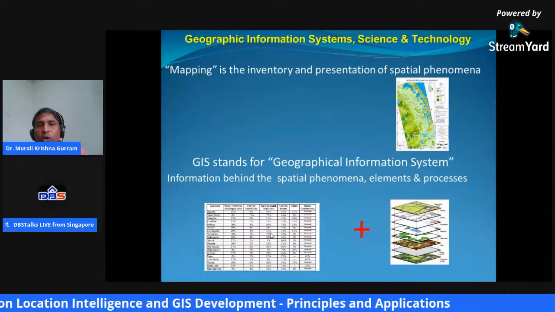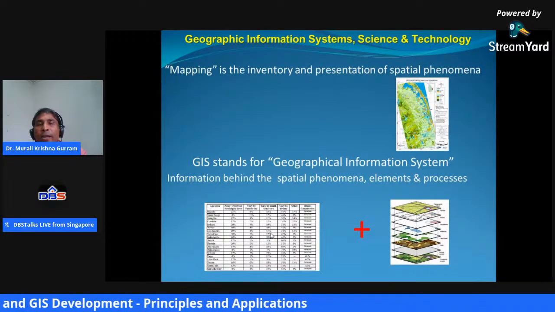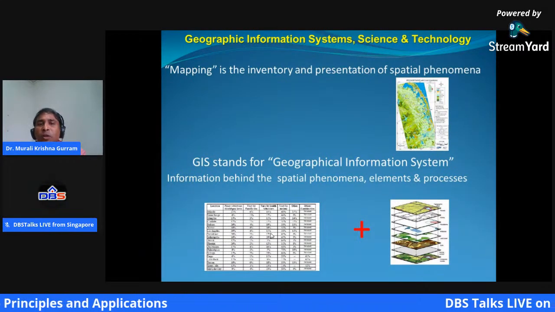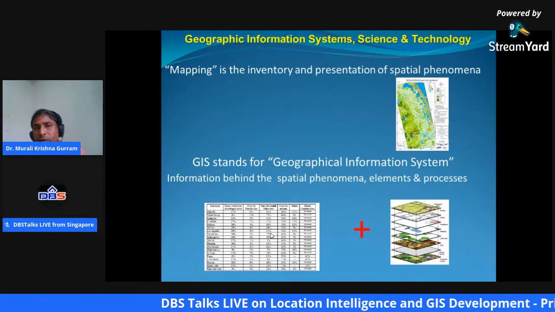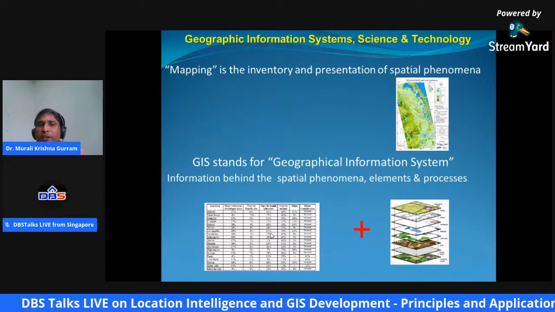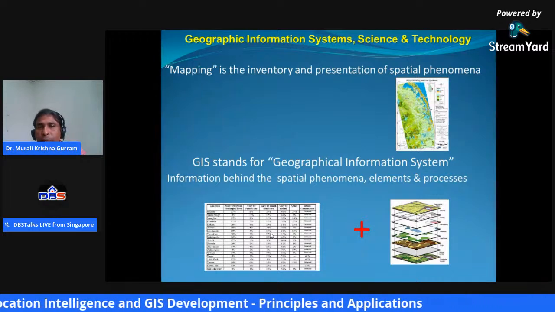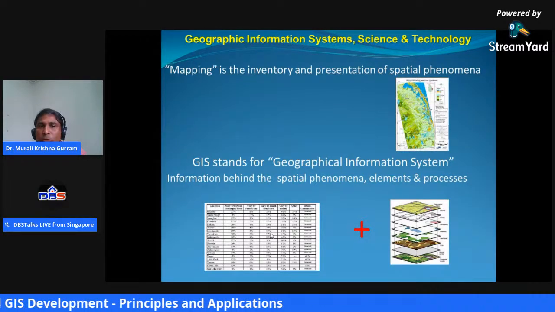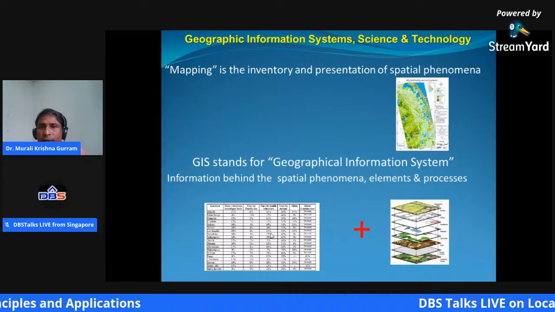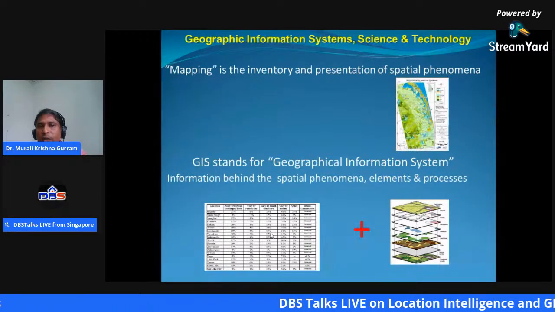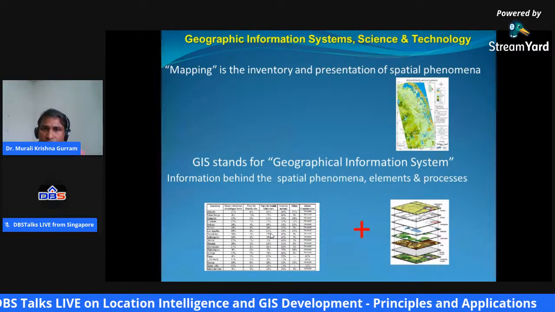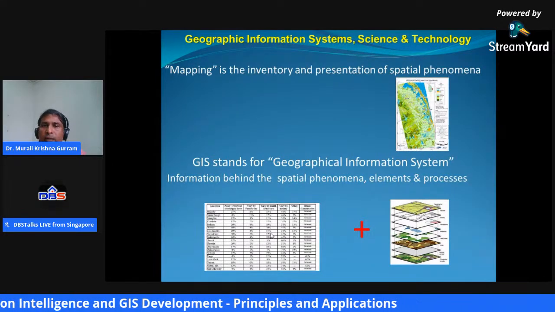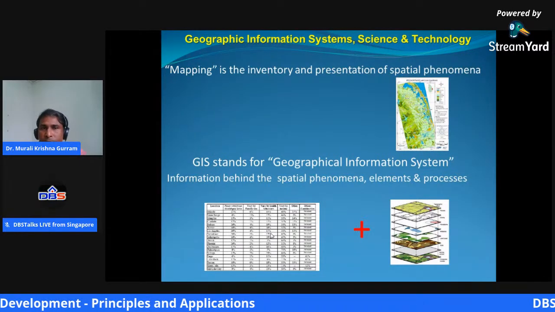As I told you, let us not call this just simple GIS. We need to talk about SIT, Spatial Information Technology. Why are we referring to this as GIS? It's because most of the time it deals with geography content and with information related to geography. That's why we call it geographic information systems. It is, as I said, an art, science, and technology domain.